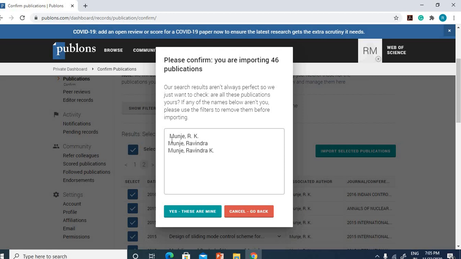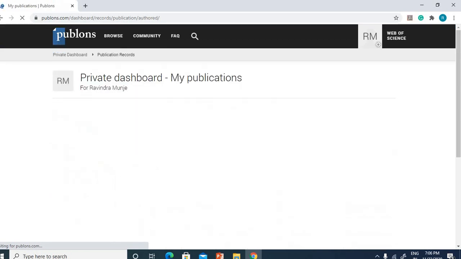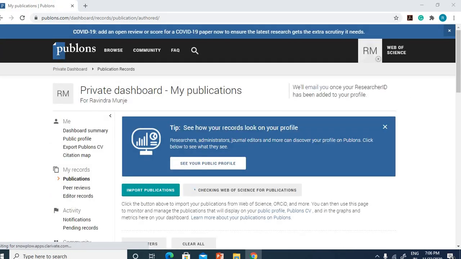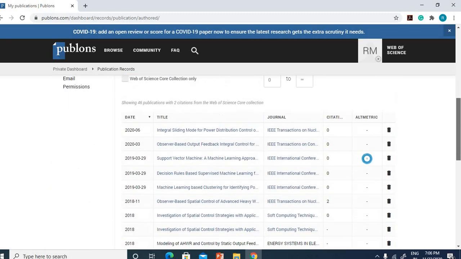These are the author names that I have used for different papers, with my full surname, then initials, then first name, like this. So yes, these are mine. You click here, and it will open. Now it's opening. It will take some time.